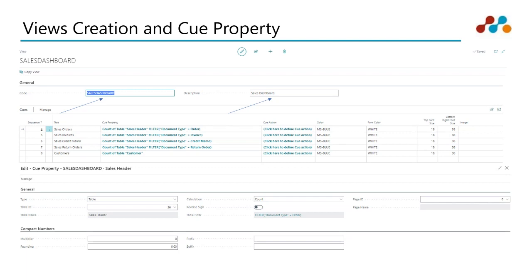and as we all know, we also have formulas for count, for sum. So here we can define the calculation. I have defined count as the calculation formula. I am going to count the number of sales orders, and I'm going to give the table filters to it. So the table filters can be varied table filters. And in the table filter, we can also have something called as the